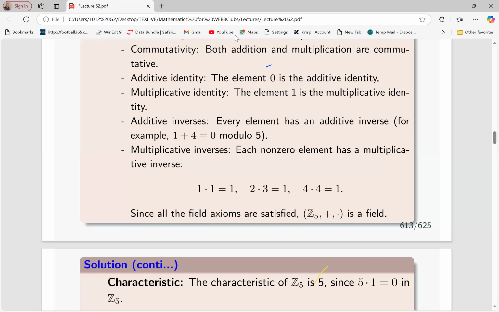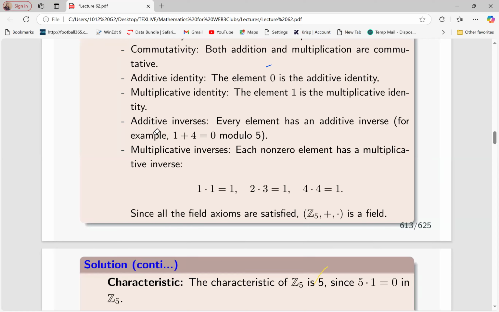Yes. Fields are different from rings. Yes, they are different. The difference is that at this point, we are considering the two operations at the same time. If you look at the axioms of rings and the axioms of